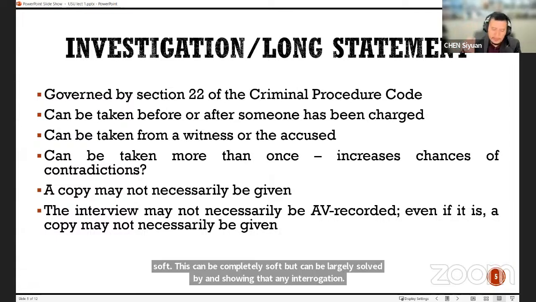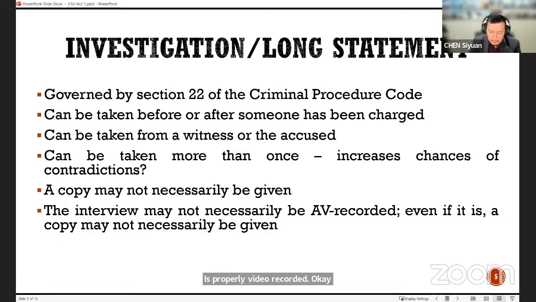Right? You can set up multiple angles. You can ensure the microphone picks up the audio, no problem. But in Singapore, we've decided that the only time a statement will be video recorded is when a person is charged with the most serious crimes. And thus far, it's really just one crime in the penal code. I can't remember whether it's murder or rape, might be murder. So outside of those crimes, the statement wouldn't be video recorded.